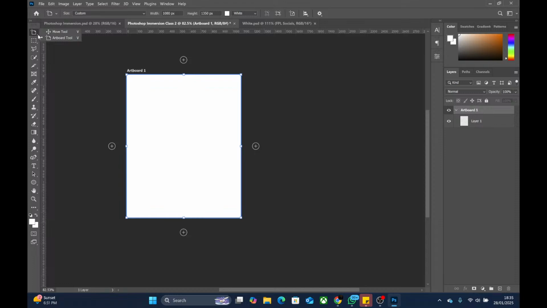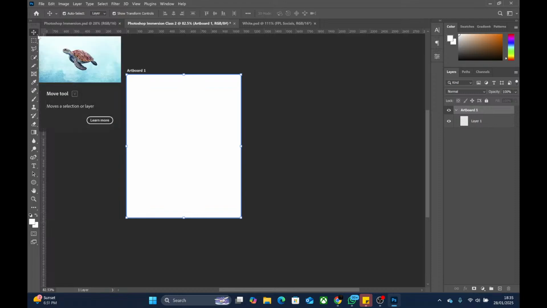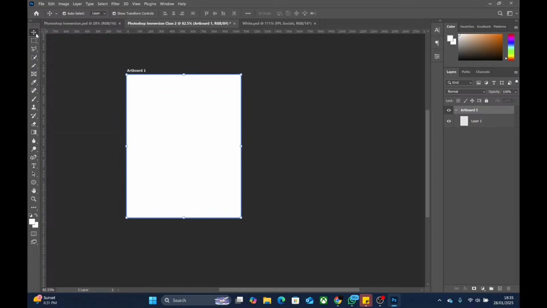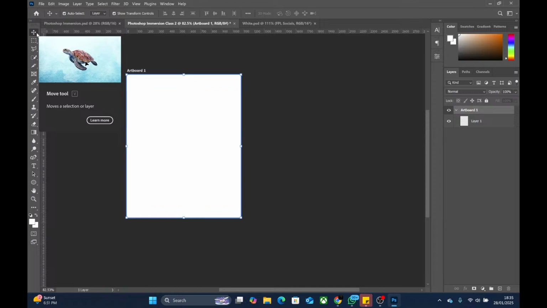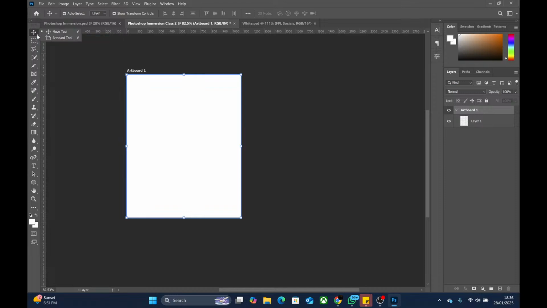So when you click and hold, it will give you an extension that you can now select another tool inside of that collection. So if I click on move tool now, it changes the icon, but the arrow still remains beside it. It means that I can have more things inside of this collection that are related. So this is the move tool, and it helps you to move elements from one place to the other. Okay, but inside of it is the artboard tool. So I'll click and hold, and then it will show me the artboard tool.